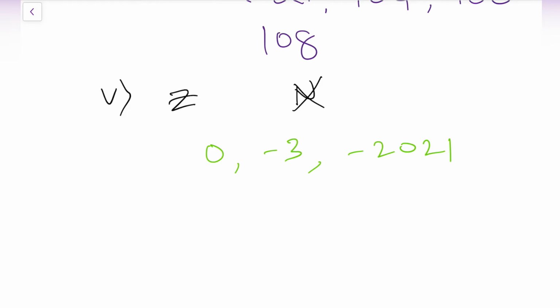Now, the second bit is completed. Let us move to the third bit. In the third bit, we have: find 5 rational numbers between 1 and 2. In between 1 and 2, we need to find 5 rational numbers. So to find some particular rational numbers in between given numbers, we have 3 methods. I will explain all those 3 methods. Whichever one you feel is easy, go with that method.